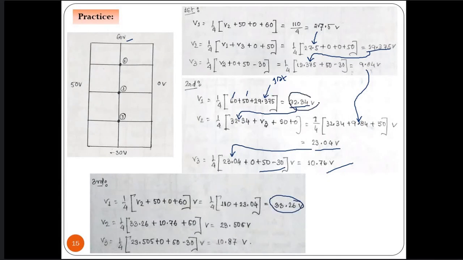It is 32.34. In the exam, I generally mention the number of iteration steps. You may stop at the end of 3 or 4 iteration steps, considering the length of the problem. So don't worry that you may have to go for 6 or 7 iteration steps. There is no need to go through 6 or 7 iteration steps. You can stop as per the instruction in the question. At the end of 3 or 4 iteration steps, you can stop.